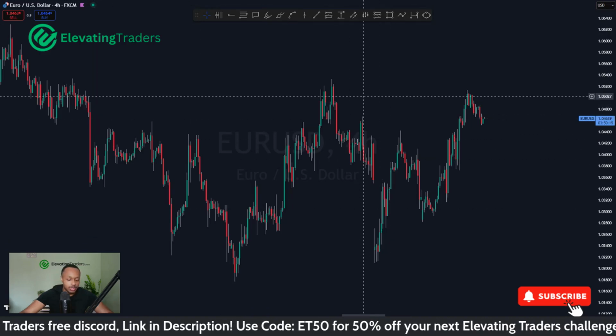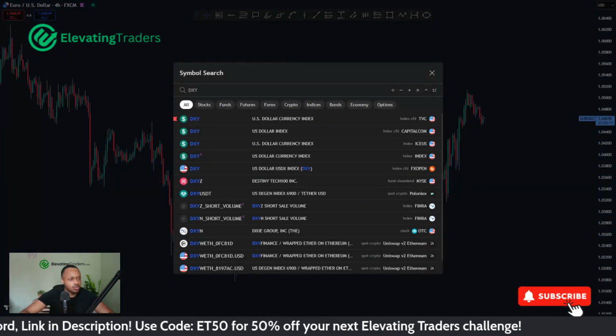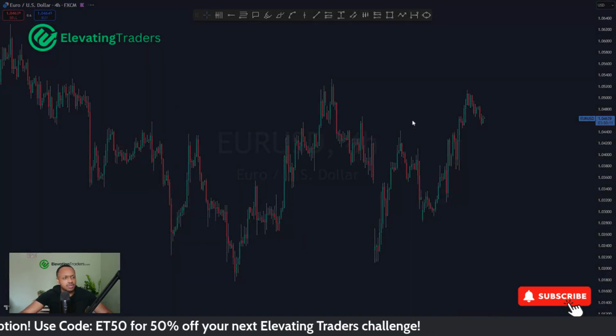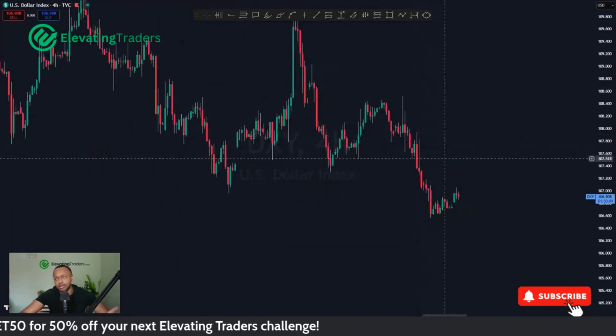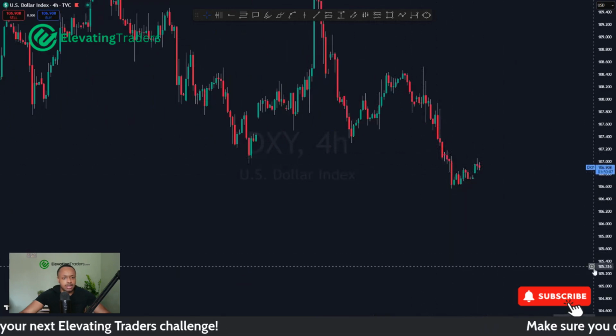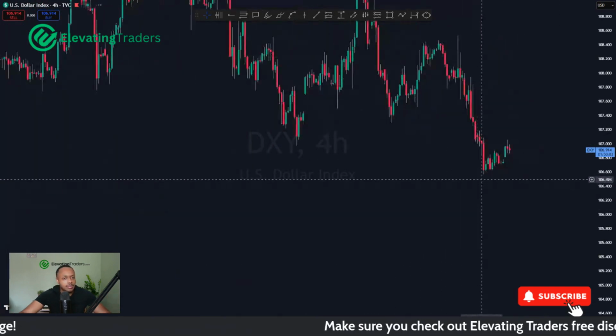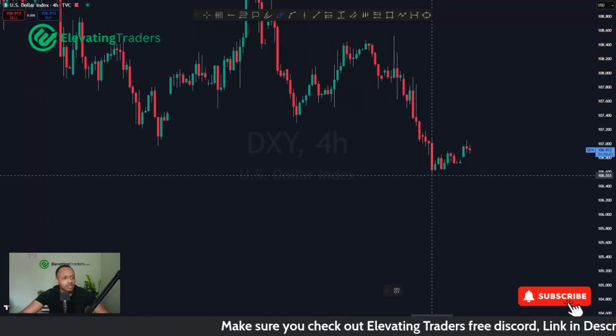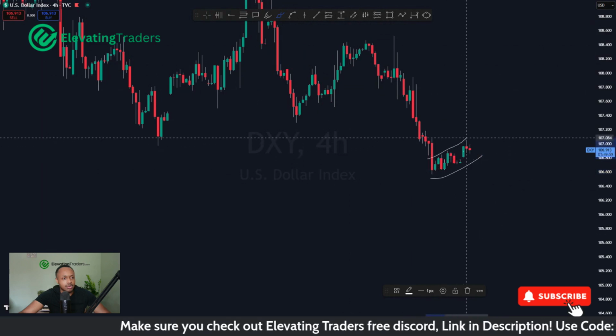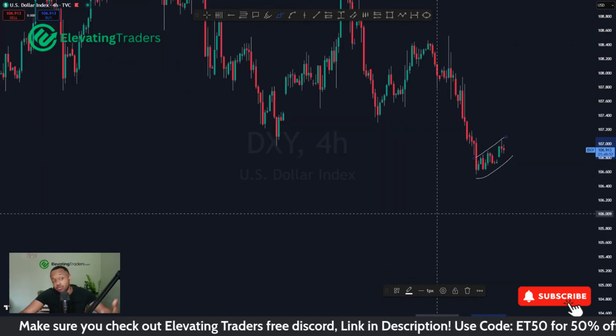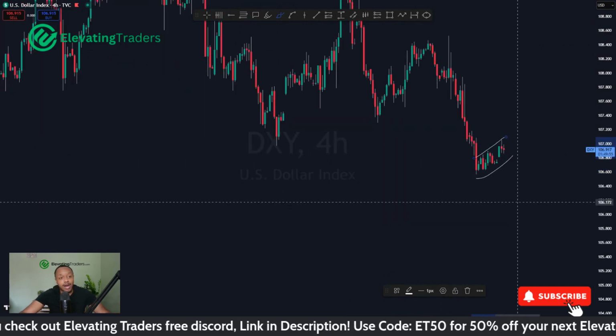Going through the dollar, DXY hasn't really seen much movement. It's been a slow week, or a slow start to the week. Still got Wednesday, Thursday, Friday, so let me not judge the week too early, but pretty much this is all we've had this week. Just a slight correction to the upside, which basically goes hand in hand with my bias for the dollar this